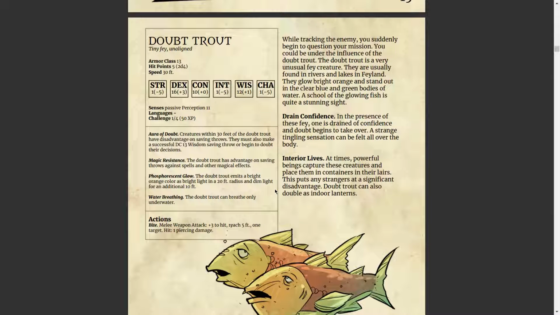So even in the description we have of this dove trout, there's a general description, which is fairly combat oriented in some senses, but actually kind of interesting: when this is present, you suddenly begin to question your mission. So very active in a sense. But then underneath that,